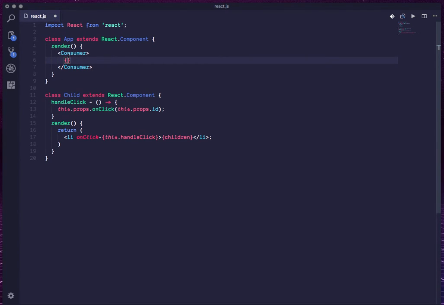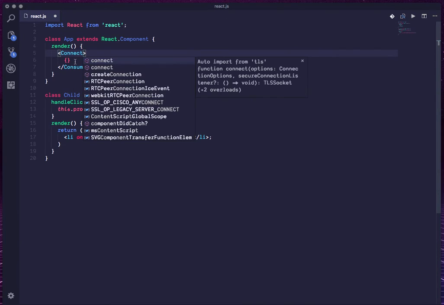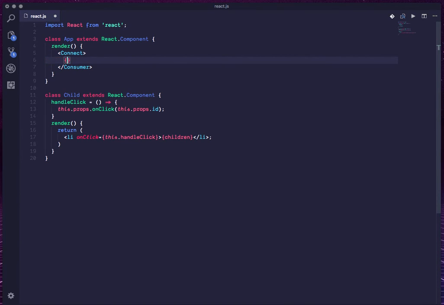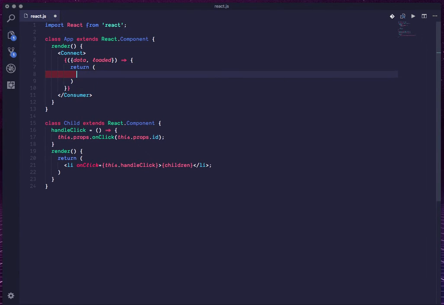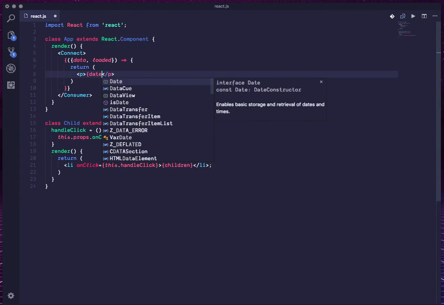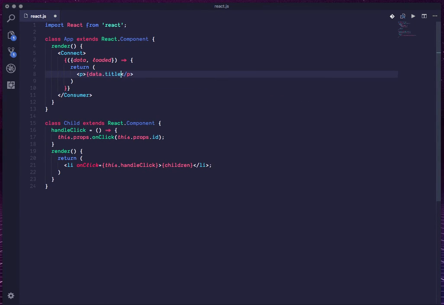Better yet, something like a connect, right? Like Urkel connect. Now, in the docs, to keep things simple, you might see something like this, and then you're going to return... well, you're certainly not going to do that. Well, maybe you would. Is it a collection? Is it an individual? I don't know. Whatever. You know, data.title. Regardless,